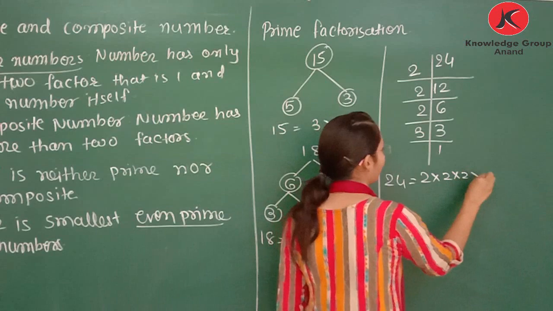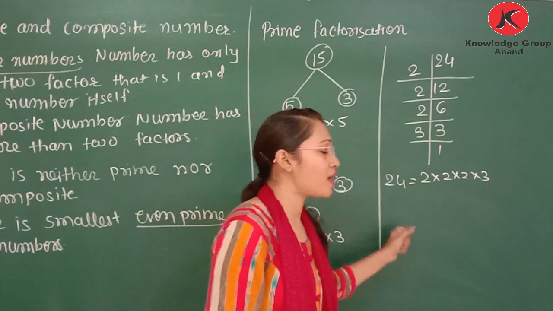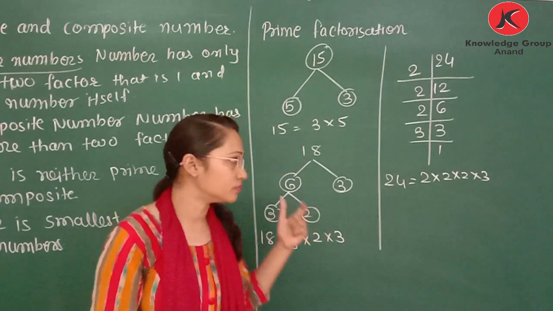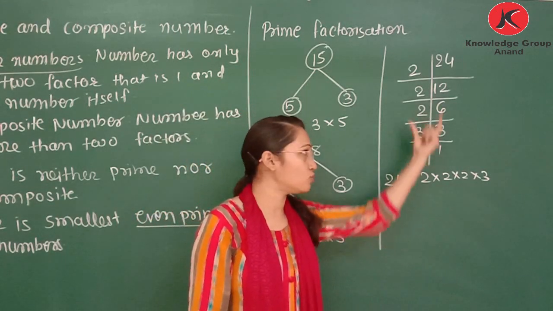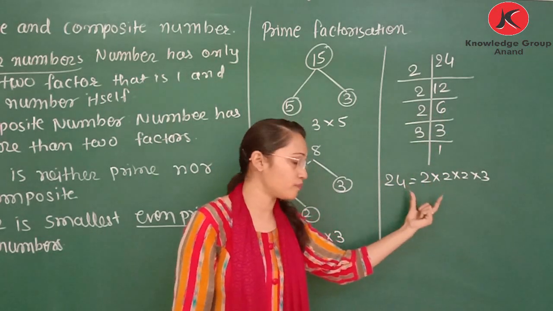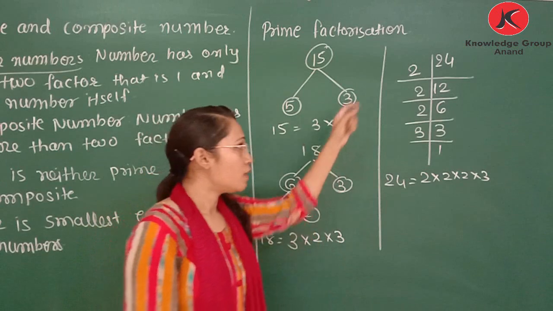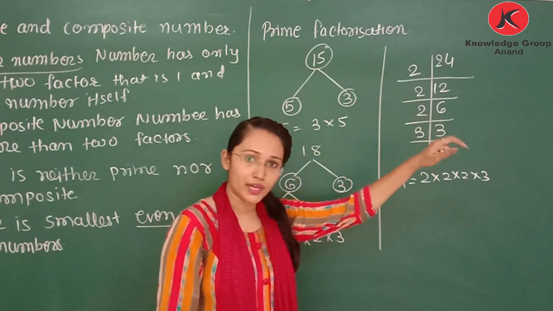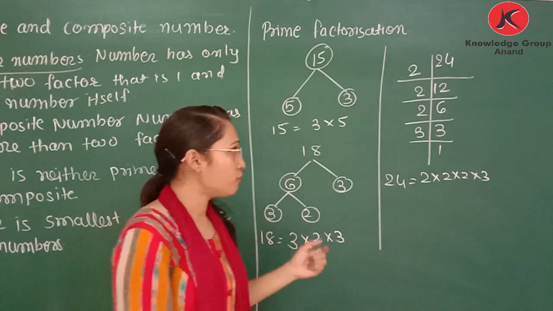2 multiplied by 2 multiplied by 3. Be careful whenever an example about factors is asked in an exam. If it is a prime factorization, then you need to perform this method. And if it is only factors, then you can write the factors of 24: 1, 24, 2, 12. Okay, those are called the factors of the number.